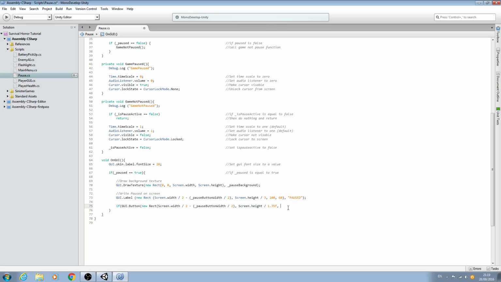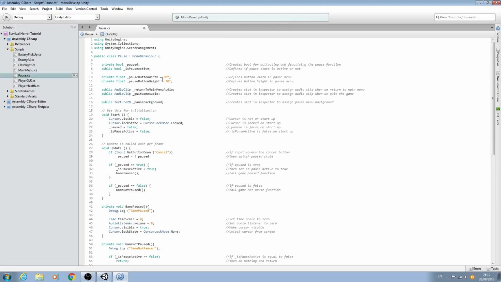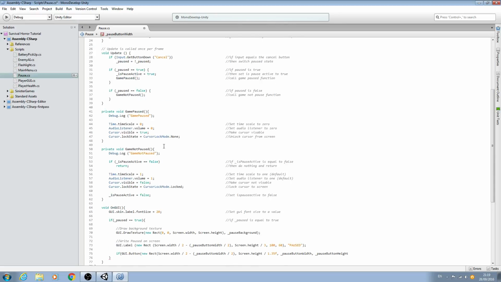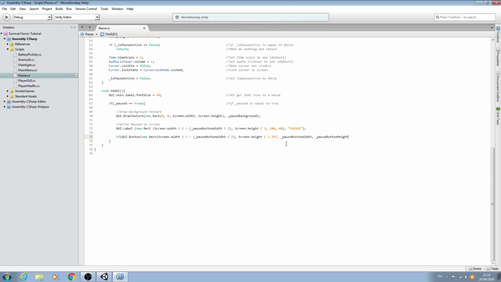now we just need to say how big the button needs to be, which we can do quite simply because we've already created it. The pause button width, comma, by the pause button height. And again, you may want to change these values here. By all means, as I always say, keep experimenting, and we'll close brackets, comma, and then speech marks, and we're going to say main menu, close speech marks, close brackets twice, and then we're going to open and close, and